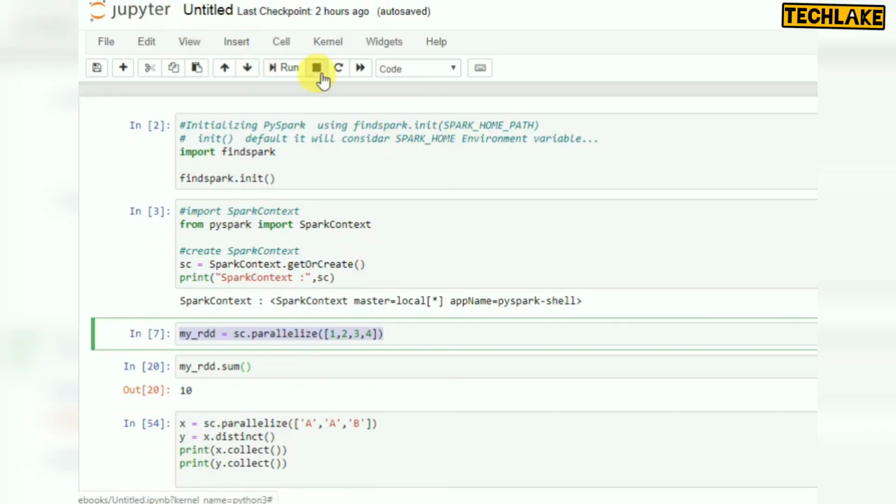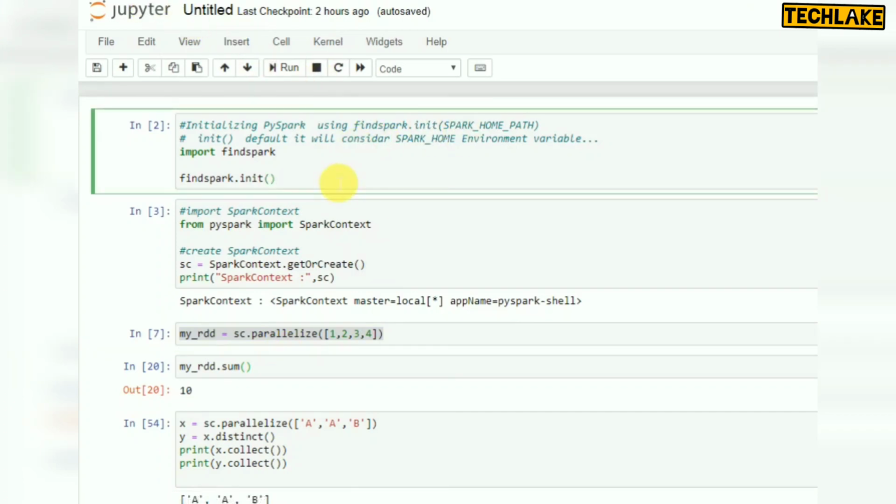So here I have a Jupyter notebook. Whenever you are running PySpark in Jupyter on a local system, you first have to initialize PySpark. You first import the module called findspark, then we initialize. In this initialization you can give a parameter, a path like the Spark home path from your environment variables.